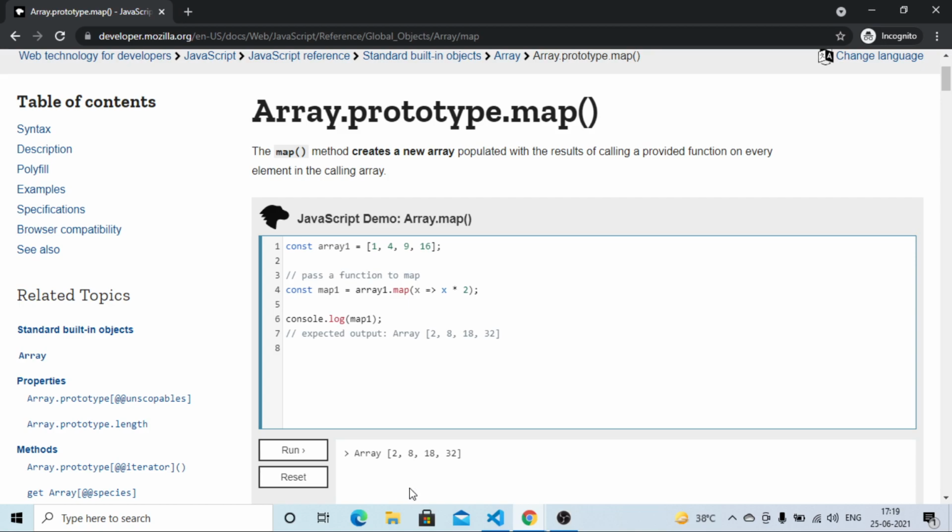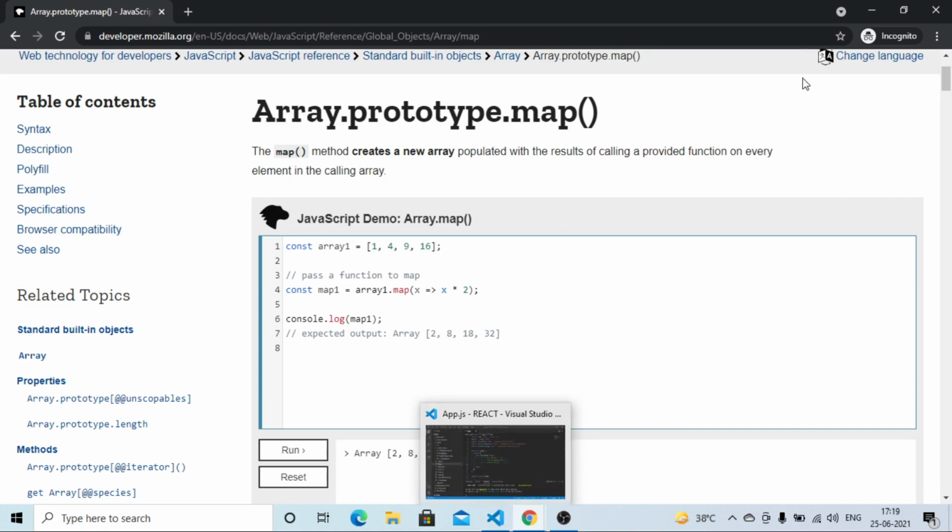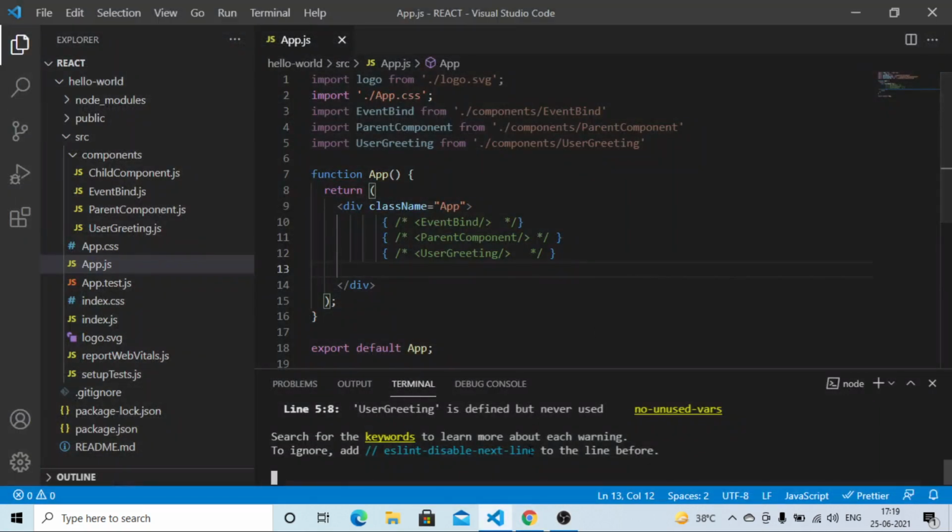So let me close this. We get back to Visual Studio Code.